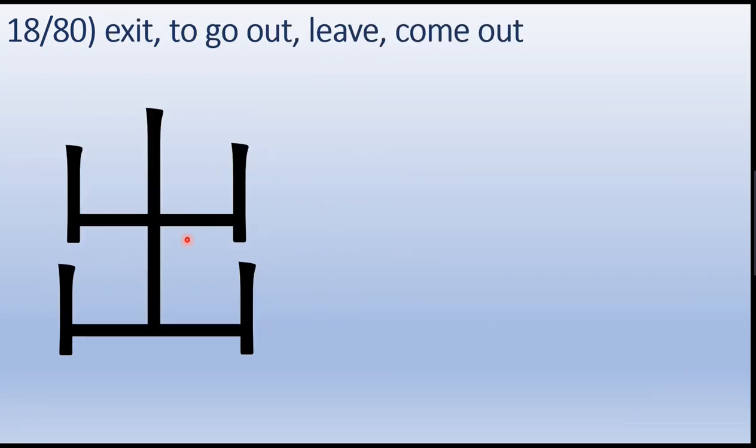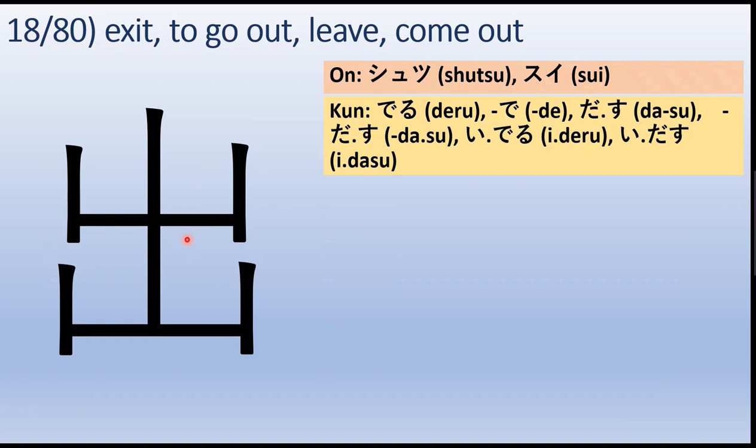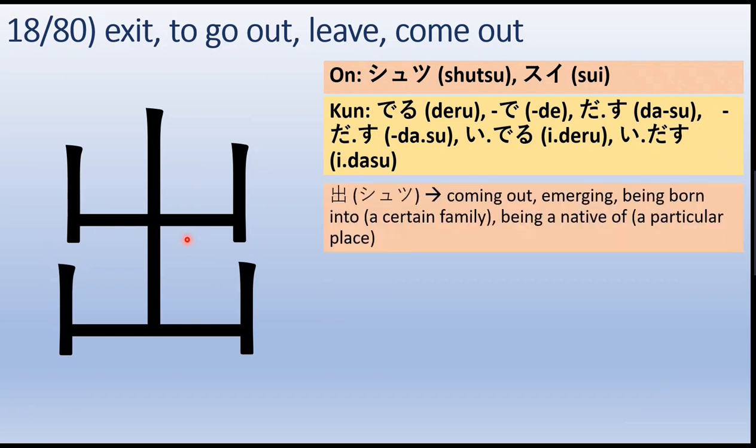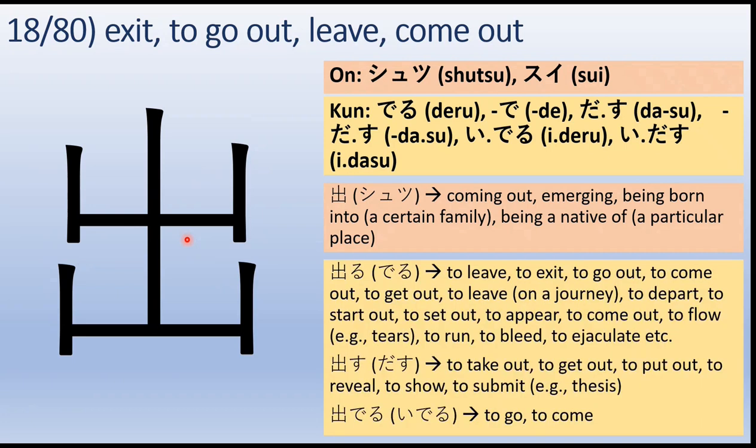The 18th one is exit, or to go out, to leave, or to come out of somewhere. It's called shutsu or sui in On'yomi, and deru, de, das, dasu, or ideru and idasu in Kun'yomi. Shutsu means coming out, emerging, being born into a certain family, being a native of a particular place. Deru means to leave or to exit, to go out, to come out, to get out, to leave on